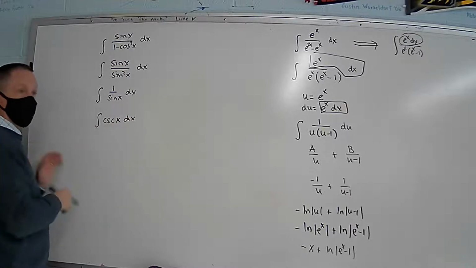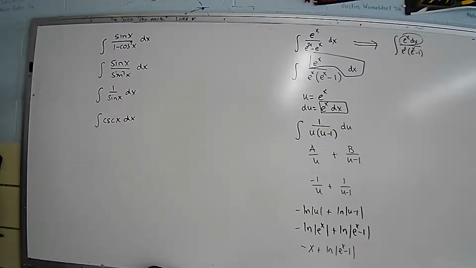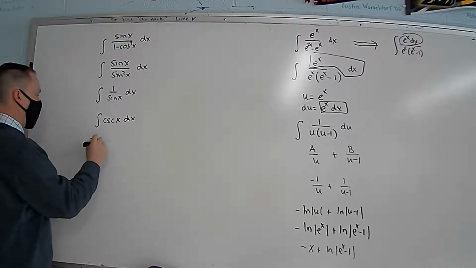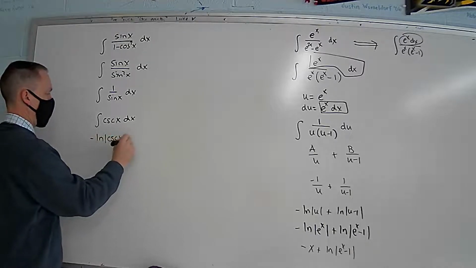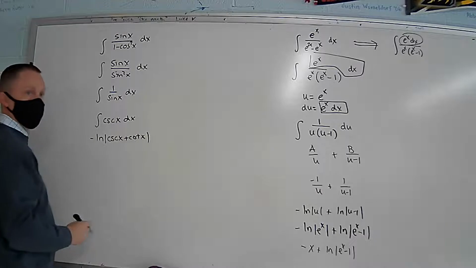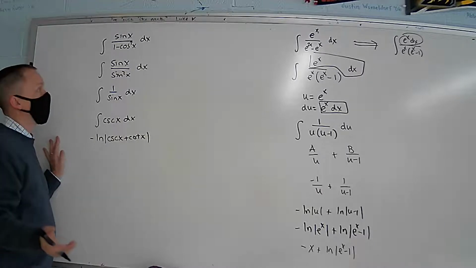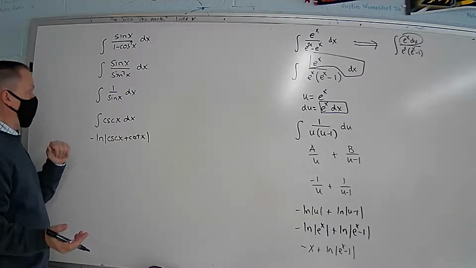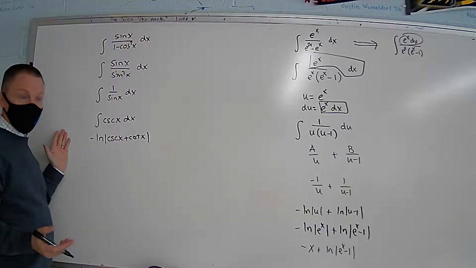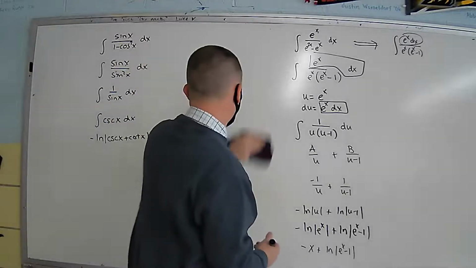And what's the antiderivative of cosecant of x? Negative natural log of cosecant... plus C, right? So we could have done it that way. But we could have also done it